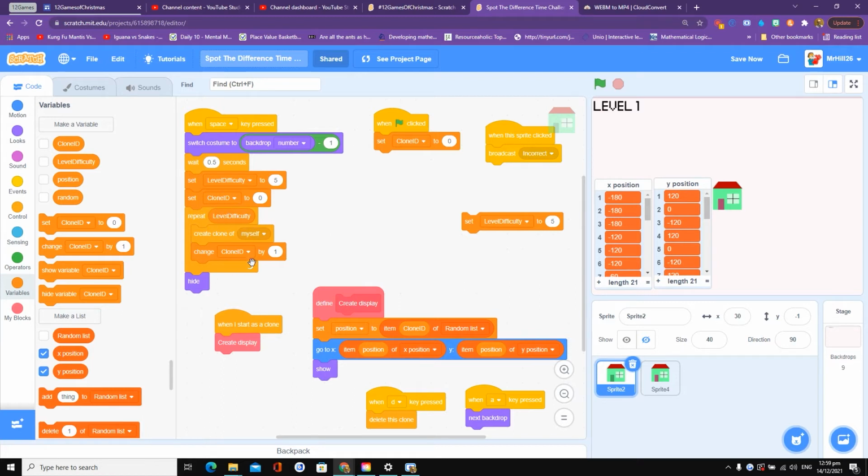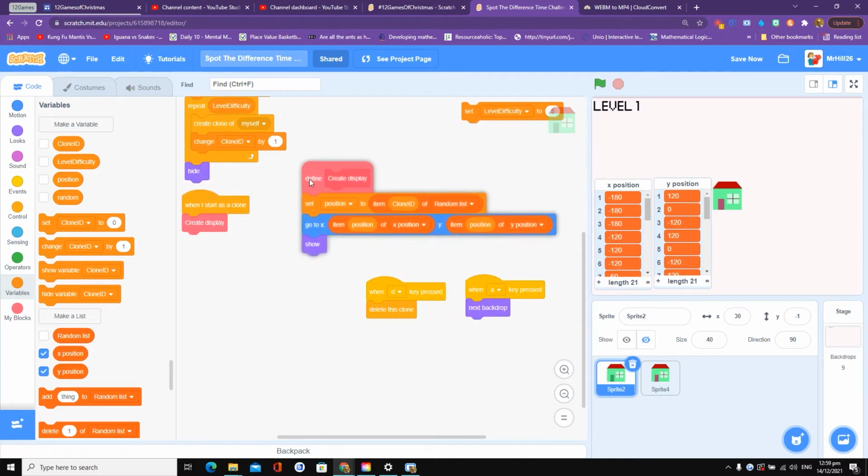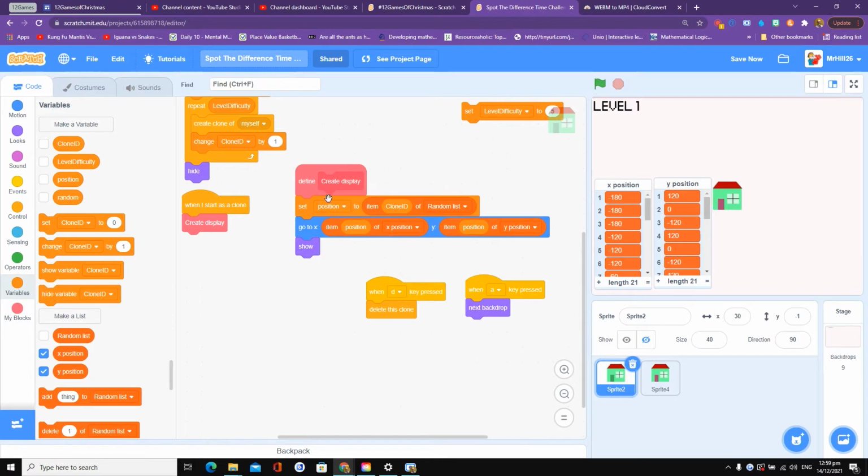Then it's going to repeat 5 times, create 5 clones, each with a different ID. Okay, so we'll have a clone 1, clone 2, clone 3, clone 4, and clone 5. When you start as a clone, it's going to run this code. And this was a little bit tricky. I created a variable called position. And the position